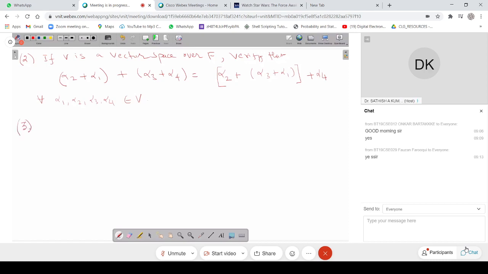Just see that V is a vector space is given to us. Whatever vectors you take will satisfy all those conditions. So straightforwardly you can see that it will satisfy the associative property under addition, because V is given as a vector space. Now you can combine alpha 1 plus alpha 2 plus alpha 3 separately, then plus alpha 4, and using that you can directly write that. That's just a one or two line proof only.